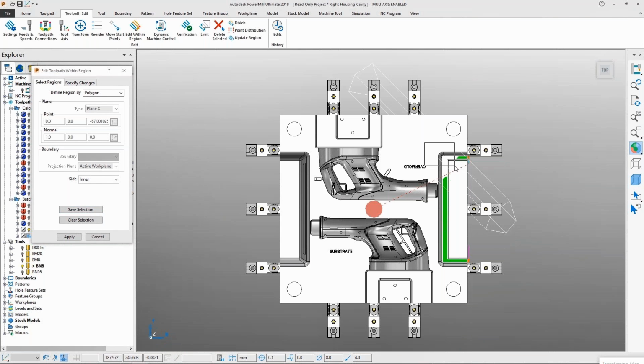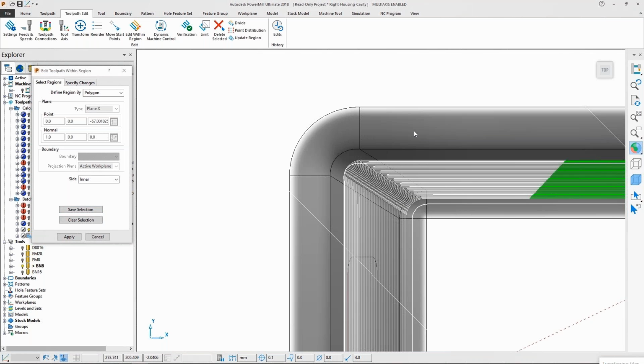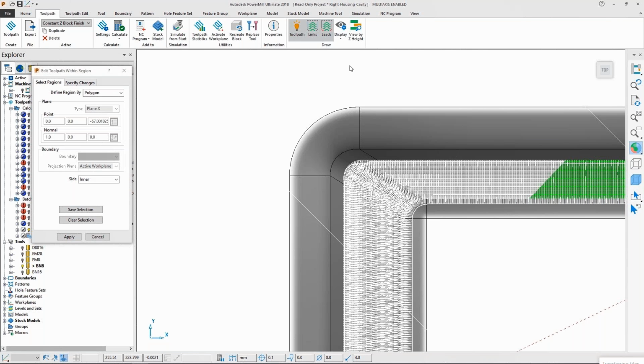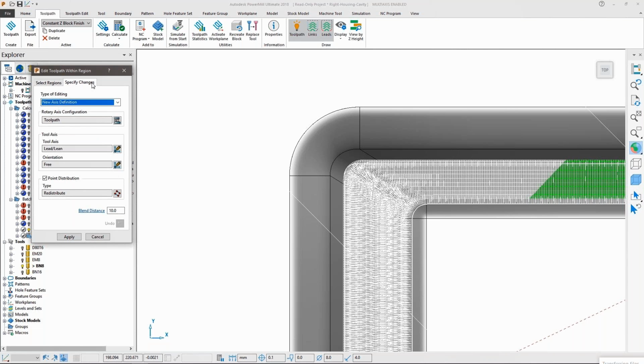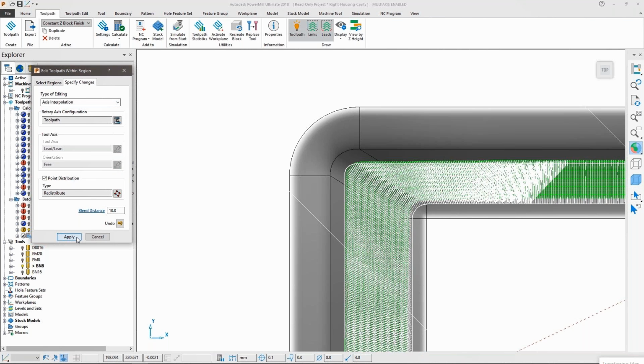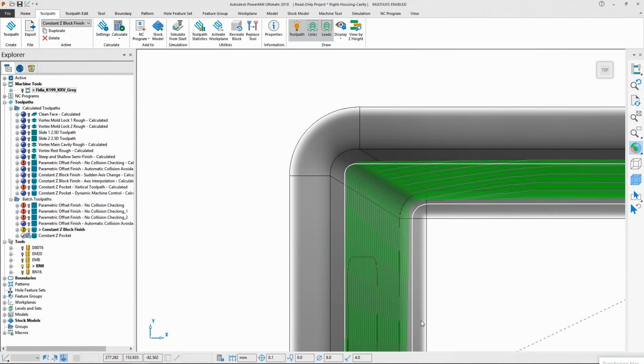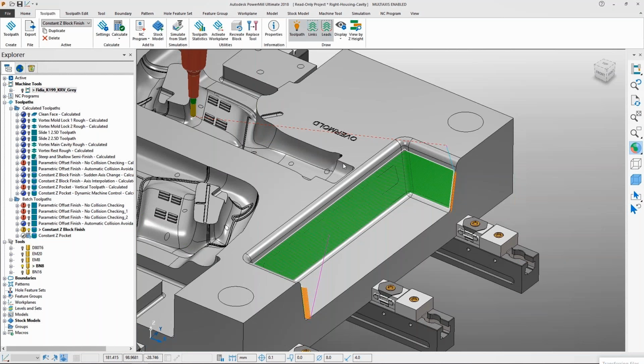And the utmost advantage with PowerMill is that as you edit the toolpath which has been created automatically by the software, PowerMill knows that an edit has been done, and it automatically verifies the toolpath for whether it is safe to run, with collision checking and verification done before we go to the machine. So the verification is built into the software.